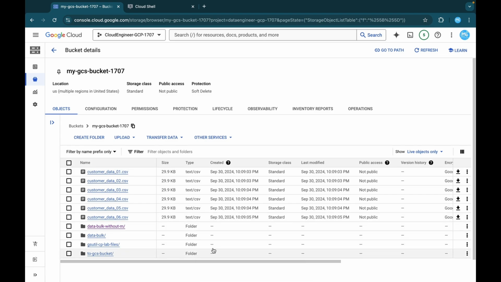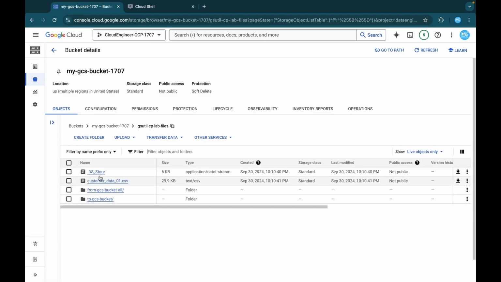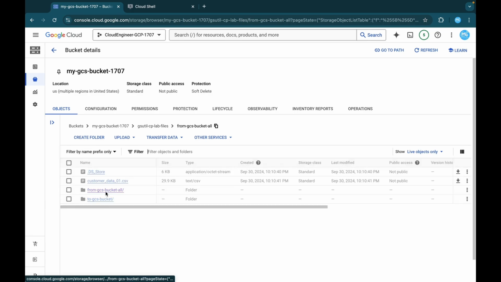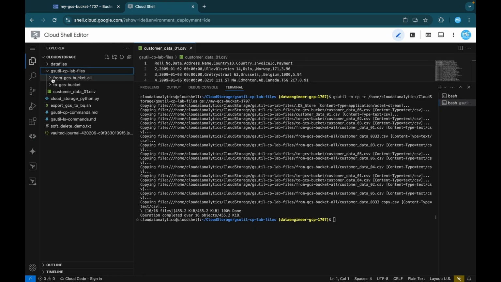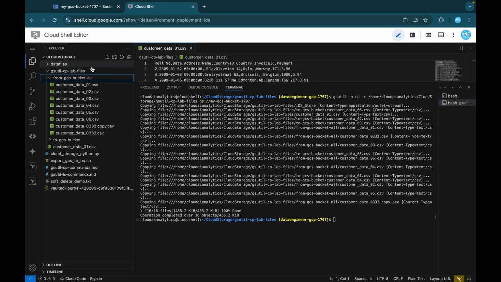If you see after refreshing, I can see this gsutil copy lab files, with one CSV file and two folders. If I click on this folder, I can see all the CSV files. I'll cross check that. So here you can see all the CSV, everything is there. This is how you will be able to copy the